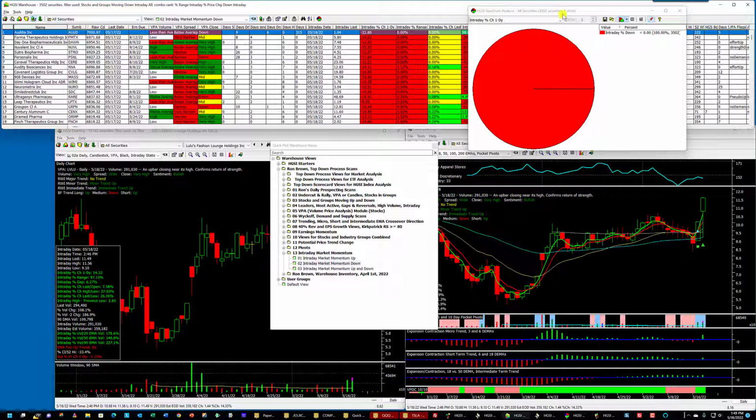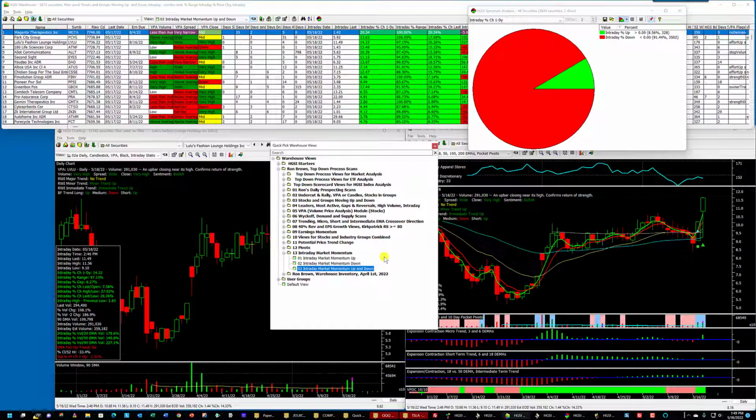Now, I primarily have this spectrum analysis up here, or the analyzer, because I use it with this one, intraday market momentum up and down. And what this pie slice does is it shows the percentage of stocks within any group, and I'm using stocks that are assigned to industry groups for this scan or this group. It's in all securities, but this filter requirement is that these stocks are assigned to groups. And I just brought this spectrum analyzer up, and I used this pin to keep this on top so it